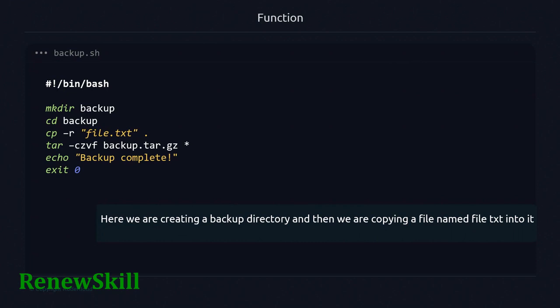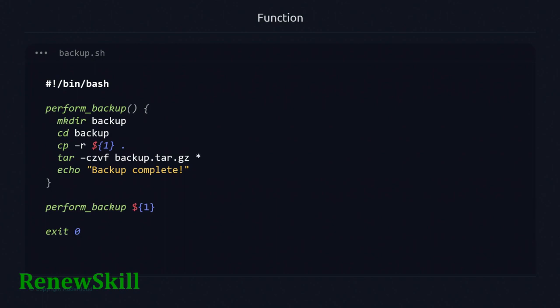This sample code illustrates my point exactly. Writing scripts that handle backup files is probably one of the most common tasks we do as DevOps. However, thinking about all the scenarios that we want to consider is generally just a one-fit solution that works for a specific use case. Here, we are creating a backup directory, and then we are copying a file named file.txt into it. Then we use a tar command to compress the file into a file named backup.tar.gz, and then we exit our